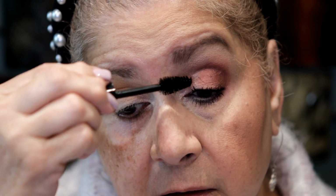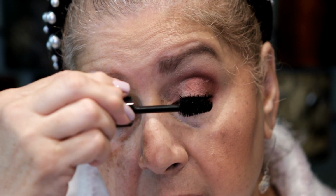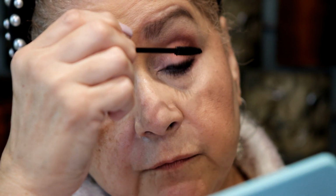I did find another mascara also by Ioni, and that one has a better, nicer brush. But I feel like this one gives you more length. This brush is normal, but this is Dramatic Black. I want to see how it works if you apply them both. Yeah, this one kind of lets you get all the way down to your...